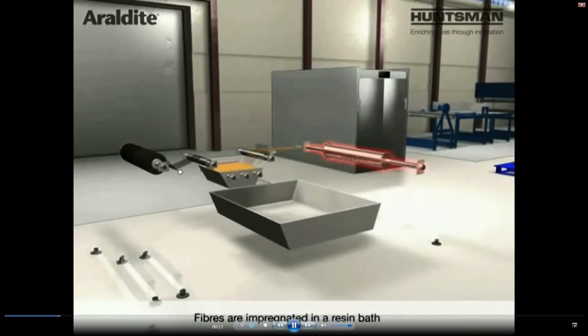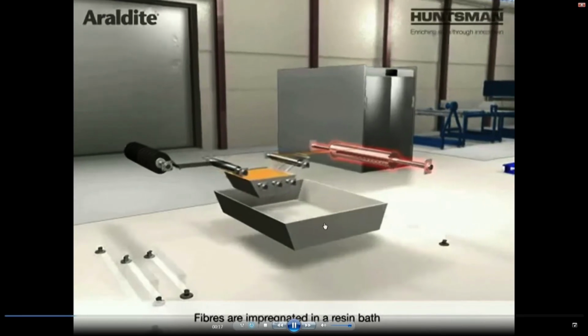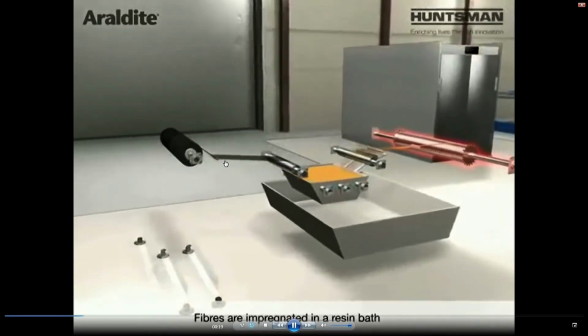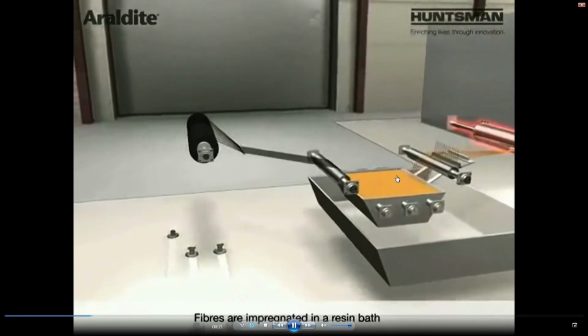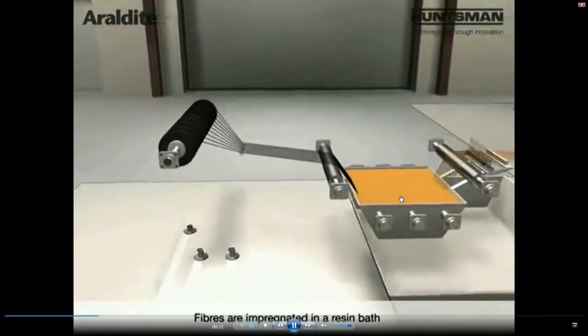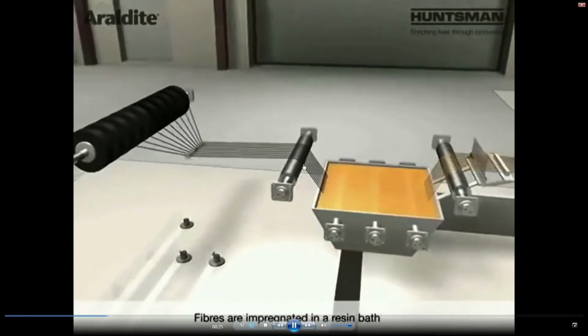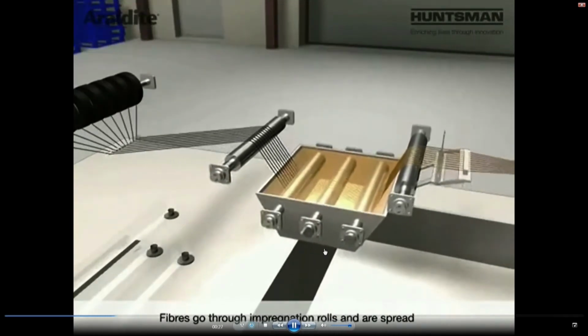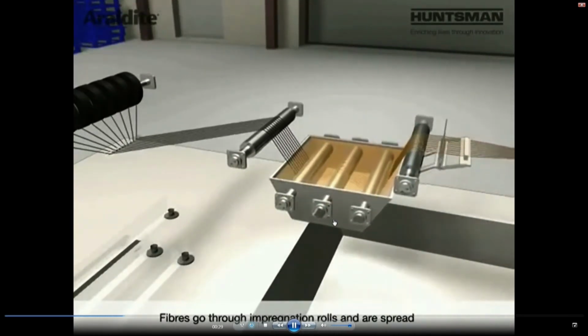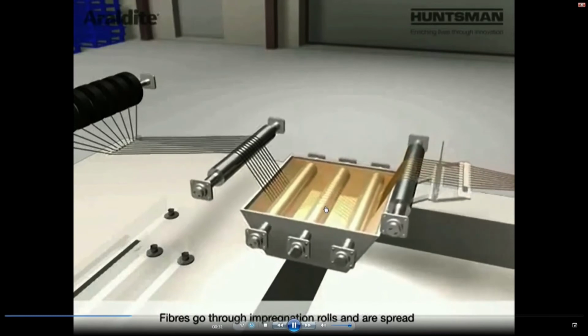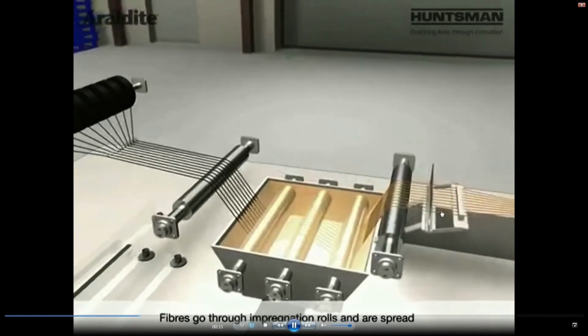The fibers are coming to the preformer here and they are going to the resin bath, and you can see the lateral movement of the resin bath. The fibers are being impregnated by this resin, yellow color resin shown here. The fibers are getting impregnated and the lateral movement of the carriage helps in the deposition of the impregnated fibers